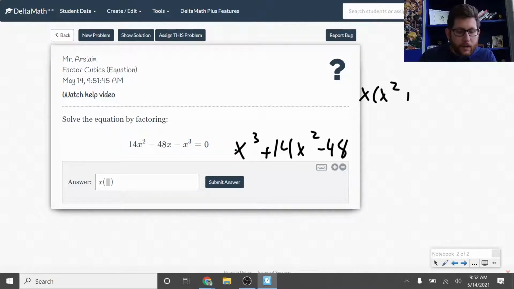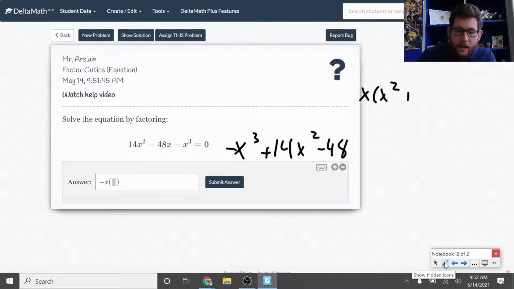I just totally missed the negative there, didn't I? That should be a negative x cubed. All right, so let's make this a negative x. Sorry about that. It just totally slipped my mind. I'll pay a little more attention here. All right, so